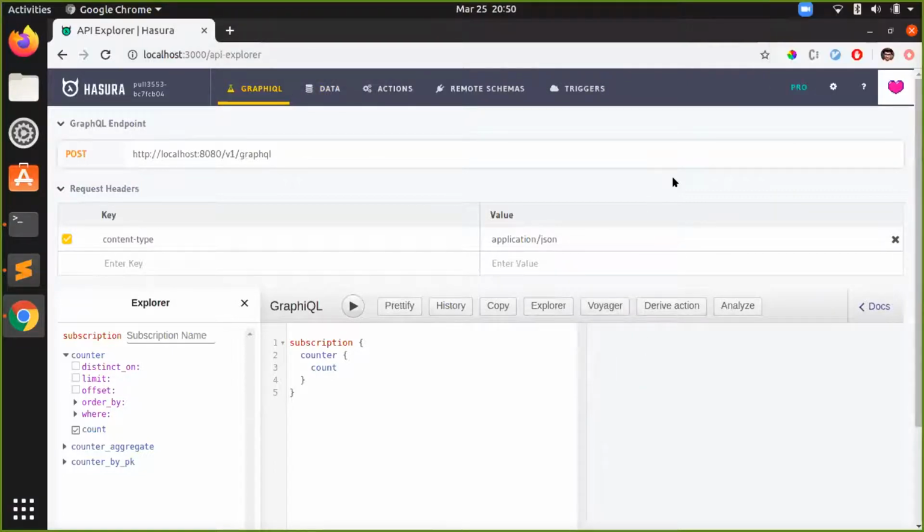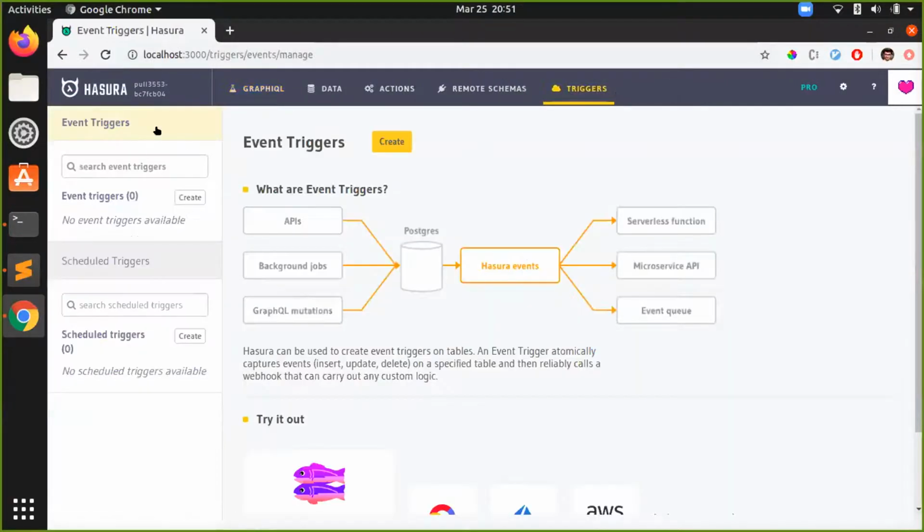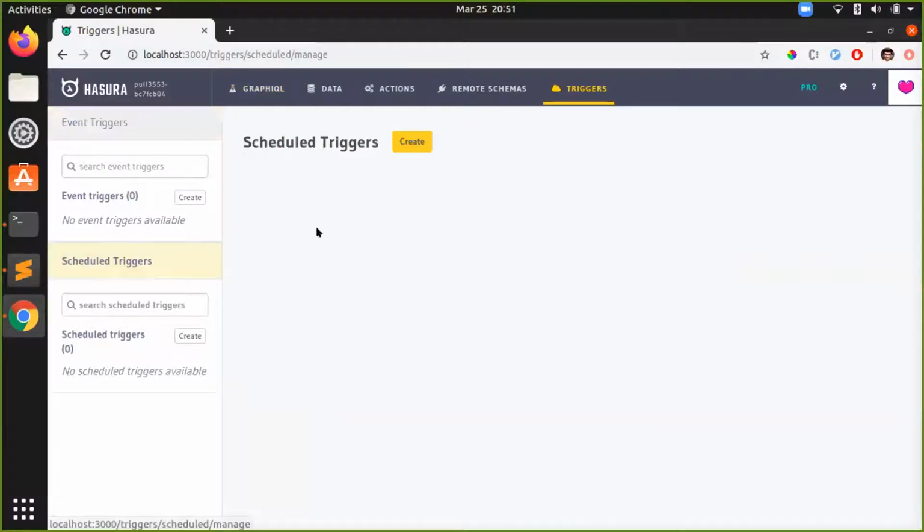So this demo is going to be about schedule triggers. As most of you might know, we have had schedule triggers in preview for some time. It also had a UI, but we have restructured the UI a little bit. Earlier, you would see an events tab here, but now everything has gone into triggers. Triggers has event triggers and schedule triggers.